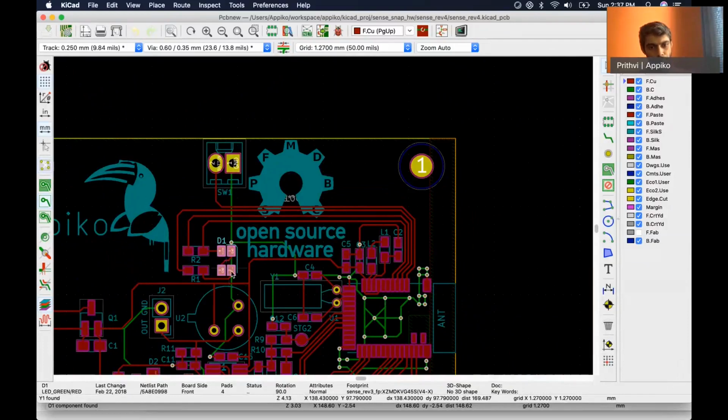The LED is placed here because it gives a good view and it's easy for the user to see when it is right next to the PIR sensor through the Fresnel lens. Also, you can see that the trace length for the LEDs are quite long to the module, but this is okay because LED takes quite low frequency digital signals. So this trace length doesn't affect.